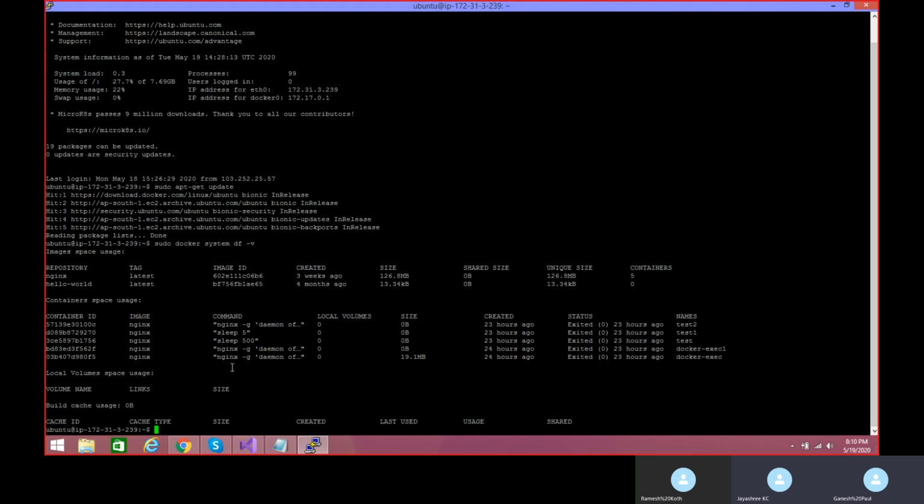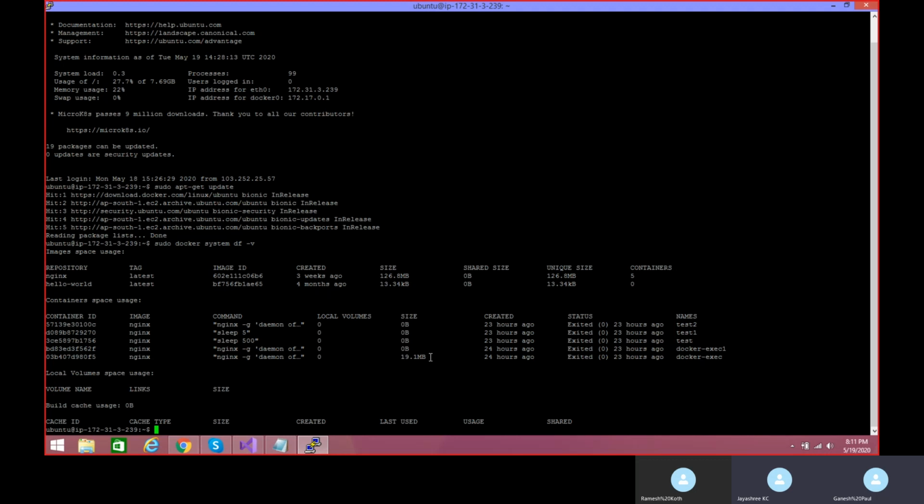This gives an overall view: you have two images, Nginx and Hello World, what space they are taking, and the container space usage. This is only to use as a debugging mechanism whenever you are dealing with containers.